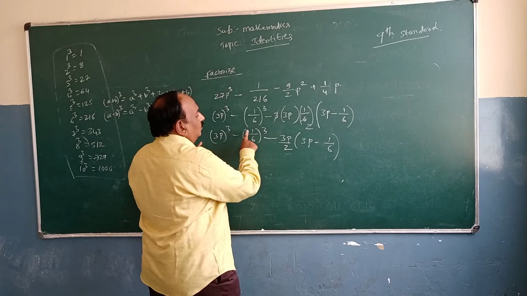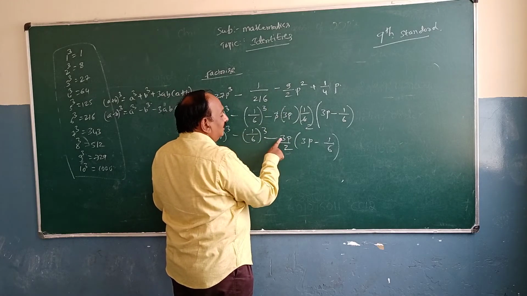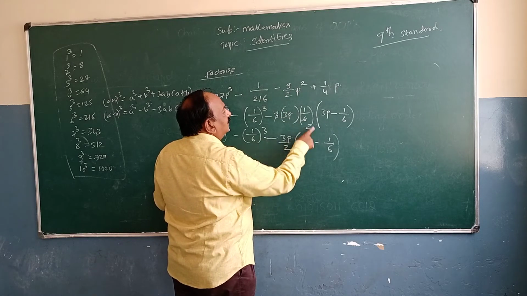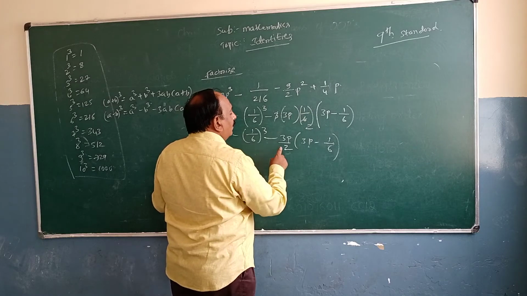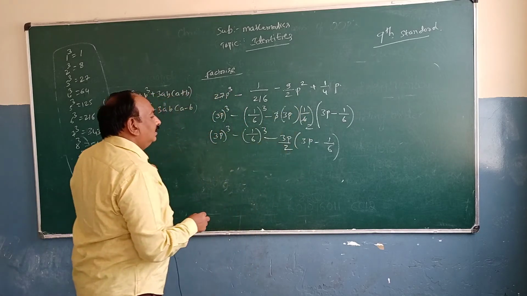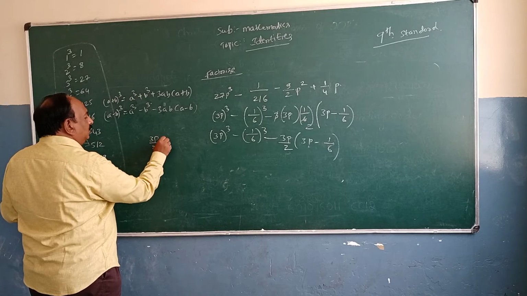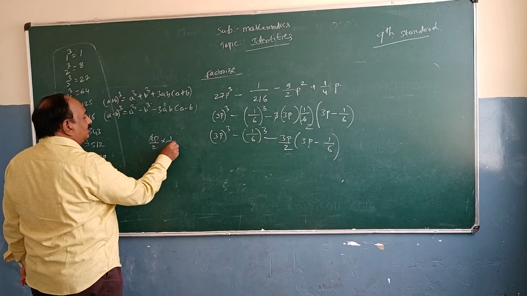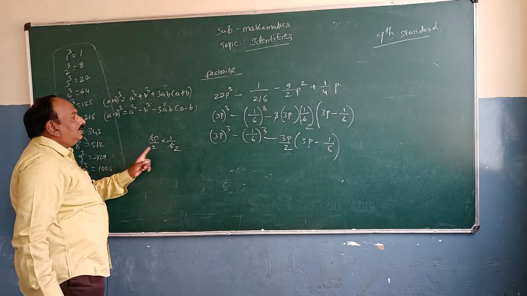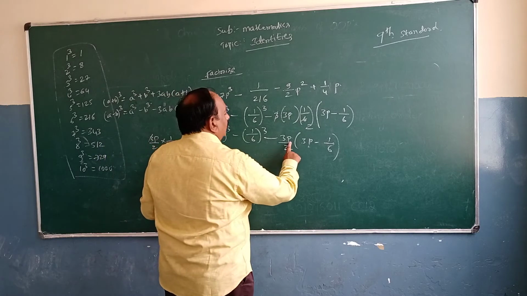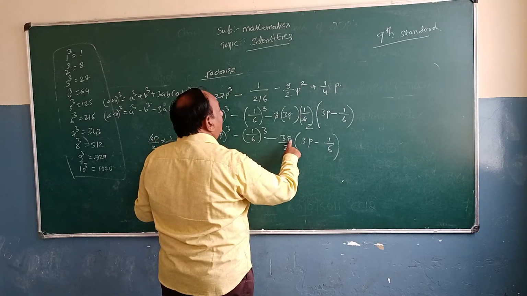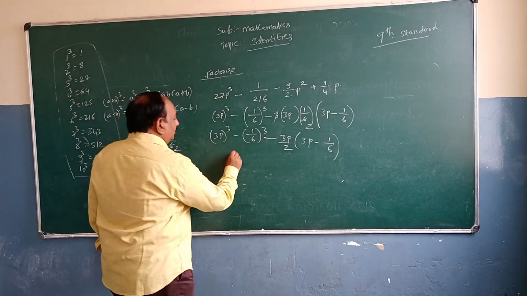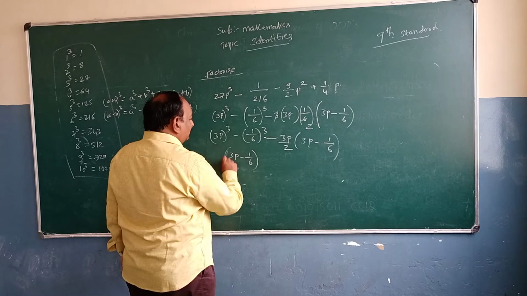a cube minus b cube plus, into minus minus, 3 3s are 9, p into p square by 2, minus into minus plus. So 3p by 2 into 1 by 6. 3 1s are 3, 2 2s are 4, p as it is, p by 4, or you may write as 3 by 4. So this can be written as 3p minus 1 by 6.